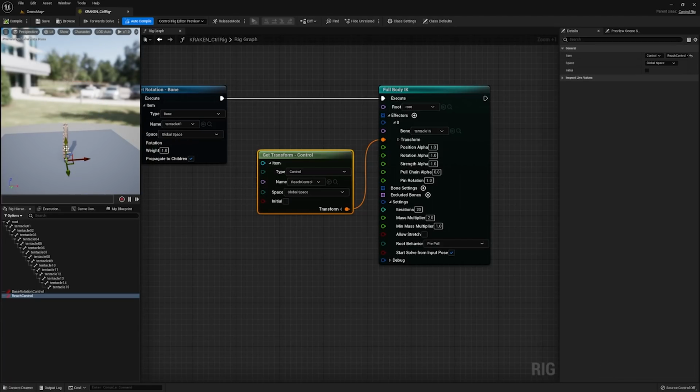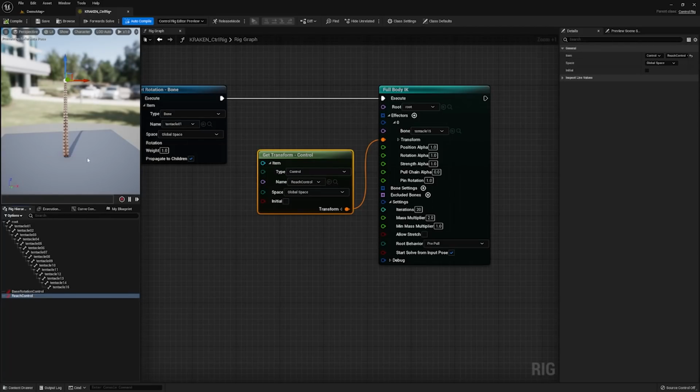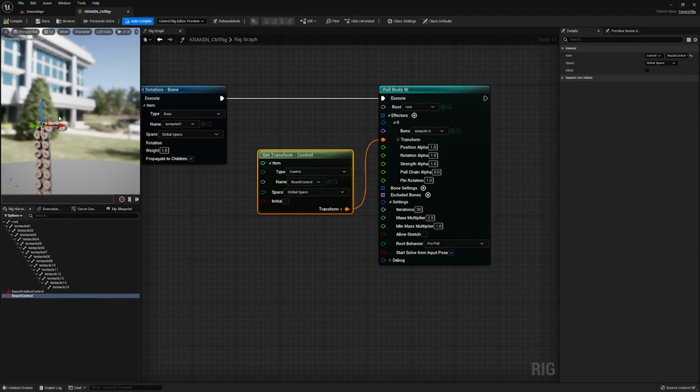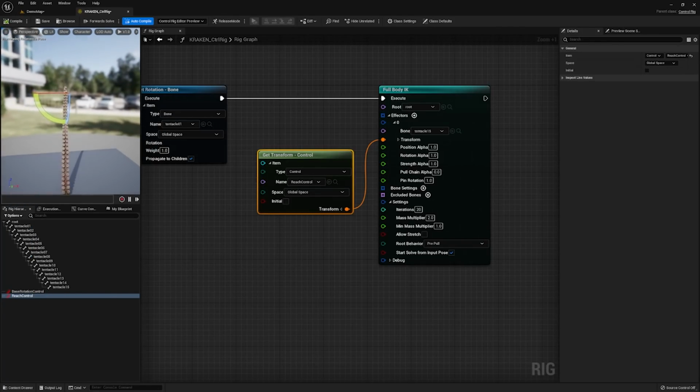Now let's look at a few issues. We can see that it's folding in on itself, and there's a little bit of a bob going on there. So let's fix these one at a time. To begin with, I'm going to set the initial offset from the current, same fix as we had before. However, you'll notice that there's a little bit of a rotation and it's 90 degrees off. So we're going to correct that too, and once again, set offset transform from current.